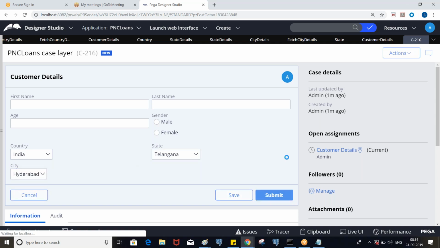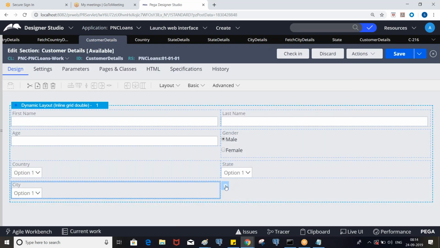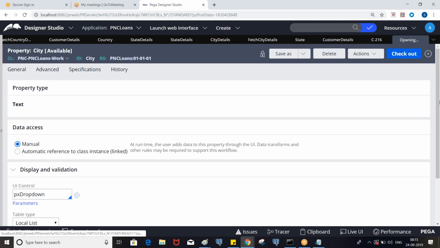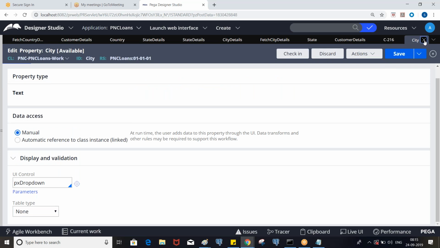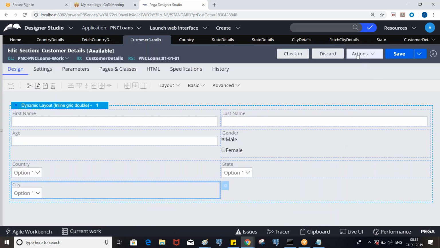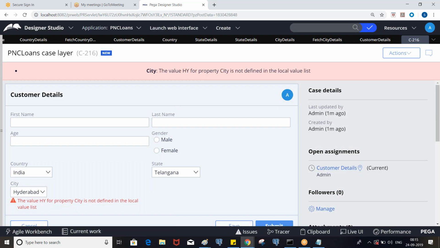Now if you submit it and look at the clipboard values, let me remove the local list values first.